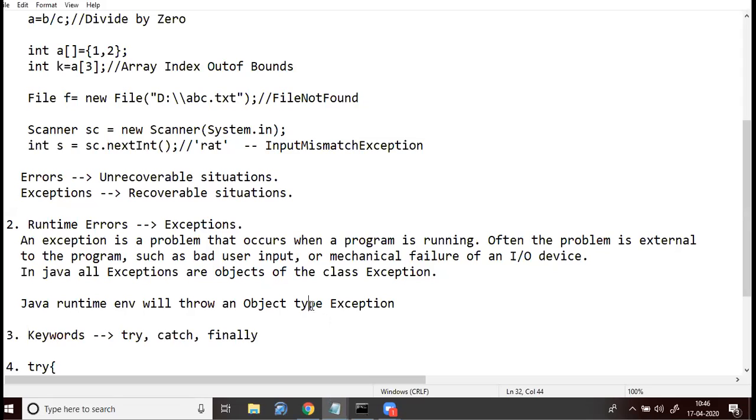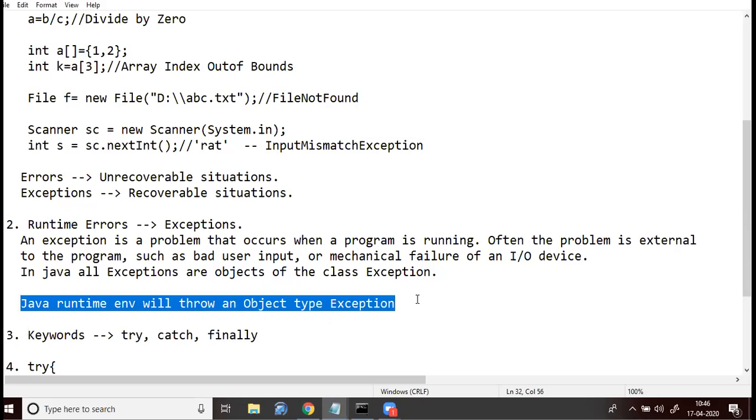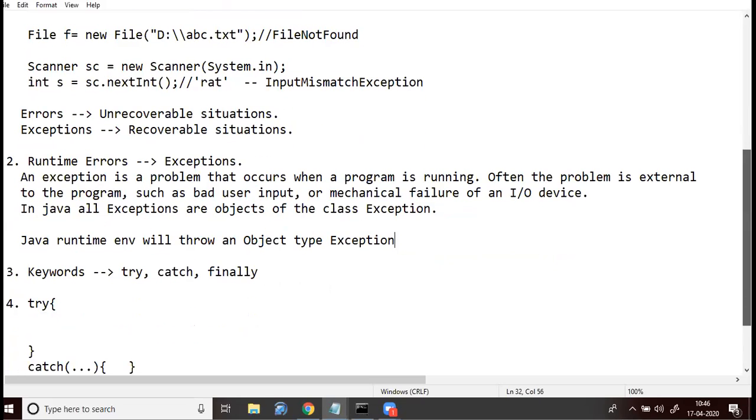Fine, let us continue. When any exception occurs, the Java runtime environment will throw an object of type Exception. Using this object only, we are going to handle exceptions.